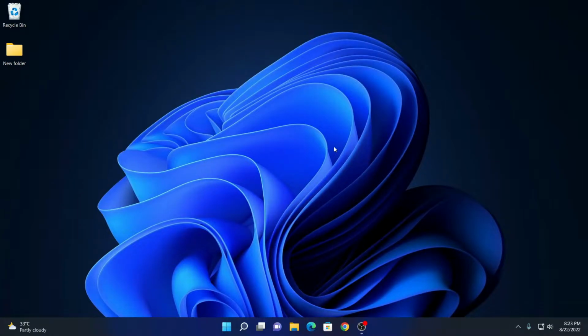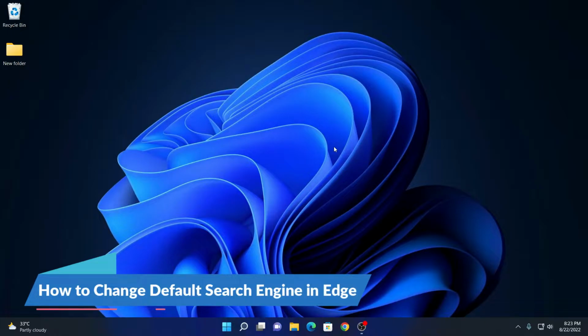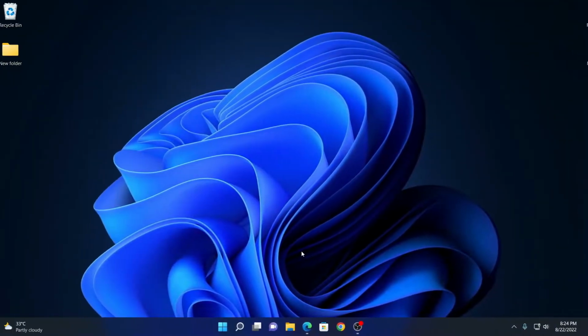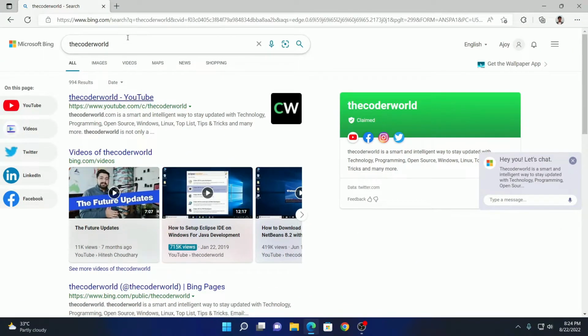Hey, in this video we are going to discuss how we can change the default search engine on Microsoft Edge browser. So that being said, let's get started. On Microsoft Edge browser we have Bing as the default search engine. Now if you want to change this search engine to different search engines like Google, DuckDuckGo and more, then follow